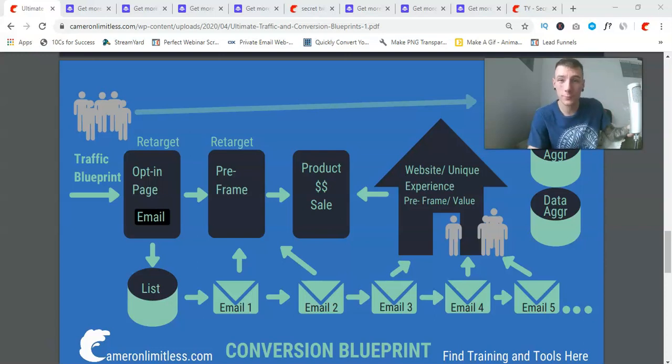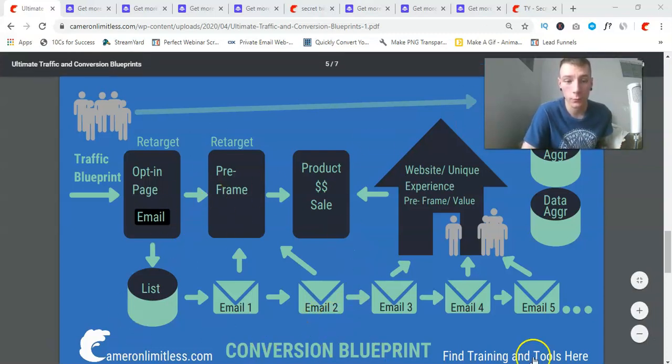In this video I'm going to walk you through different areas of what a landing page is, where you use them, and why you should really be using a landing page for your internet business. If you can see on the screen here, this is the conversion blueprints, and it starts off with an opt-in page, pre-frame page. So this is pretty much your opt-in page and landing page, or you can pretty much call them both your